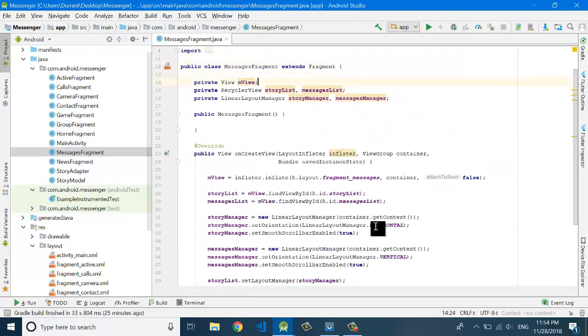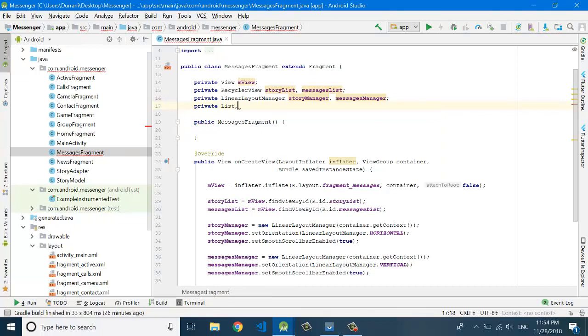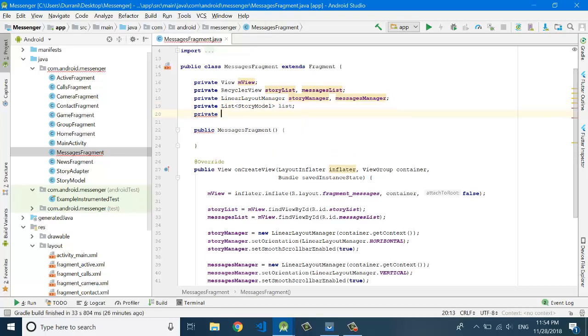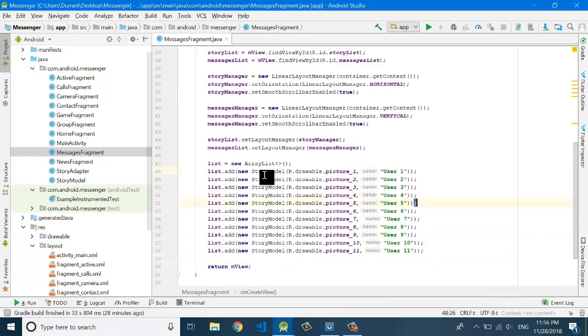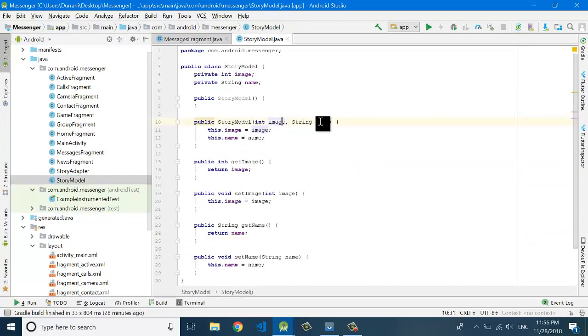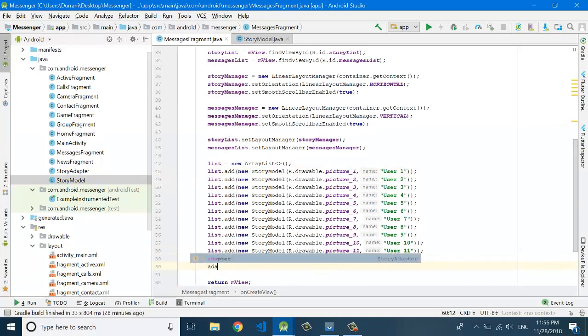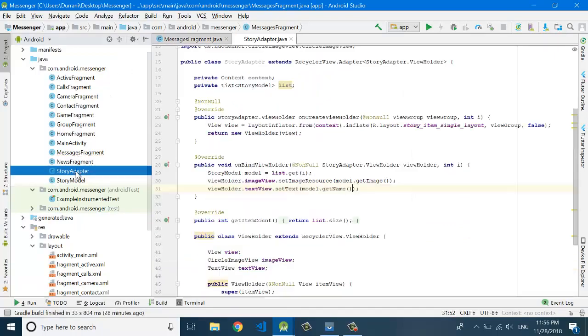And now again come to the messages fragment. Okay, now create the list of the type story model, and again create the adapter, story adapter, initialize the array list in the onCreate method. Okay, I have this list. I have added in this list the items of the list, and again initialize that variable of the adapter to story model, and the constructor, I forgot to add the constructor